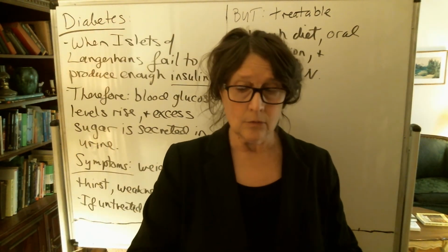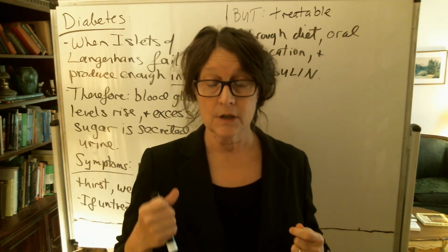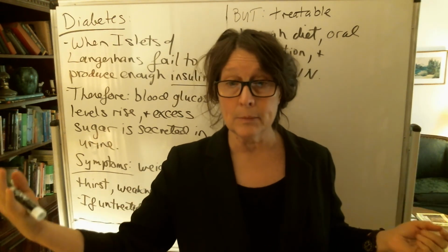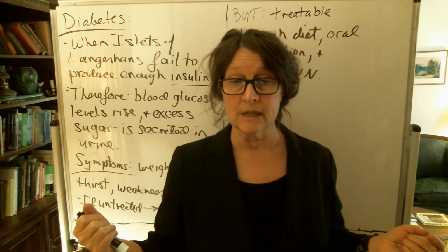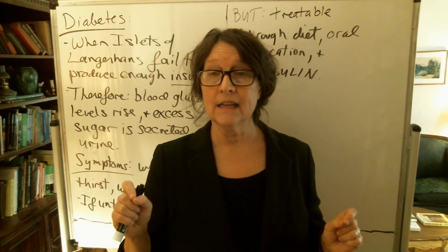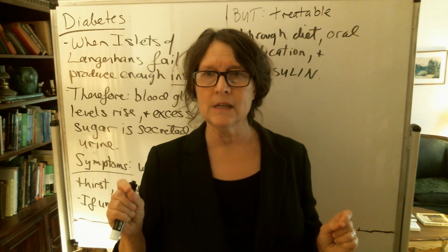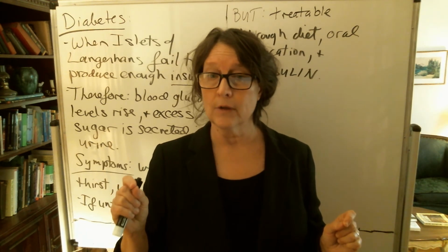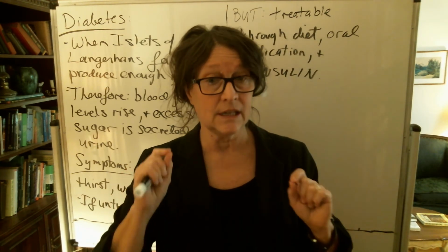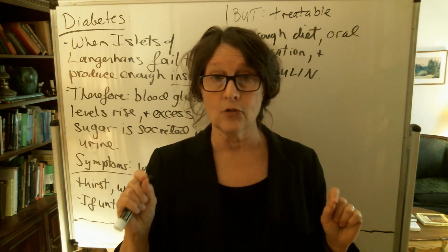But one of the tricky parts about dealing with patients who have diabetes, or dealing just with friends or people you may see on the street who have diabetes, is that if they are using insulin, then it is too easy, and it's a problem. It is too easy to basically give yourself too much insulin. So peculiarly, even though the disease diabetes, if untreated, means that you have blood sugar levels that are far too high,